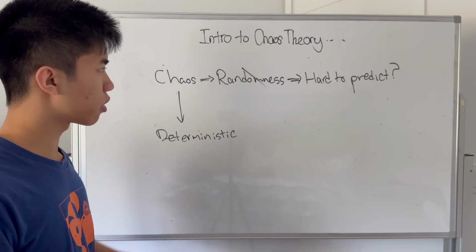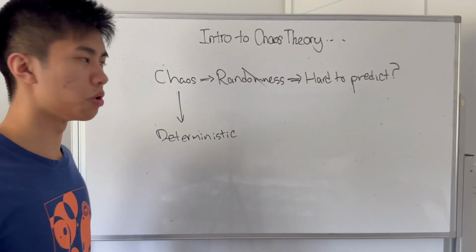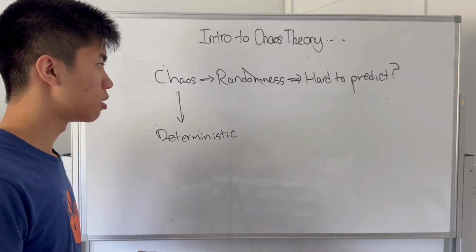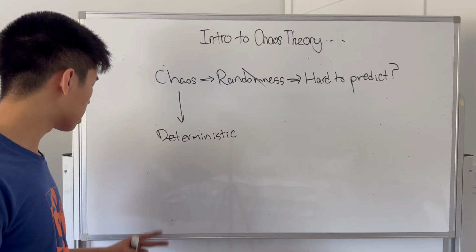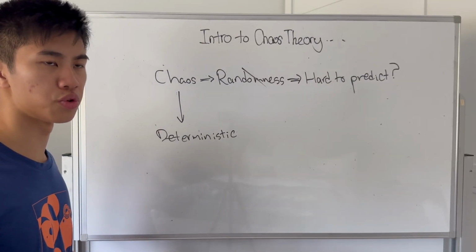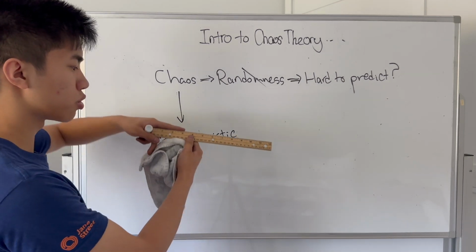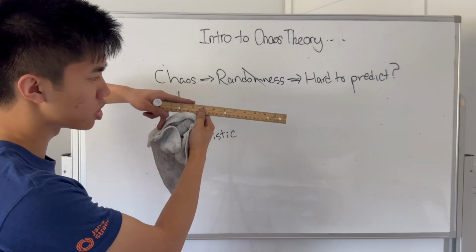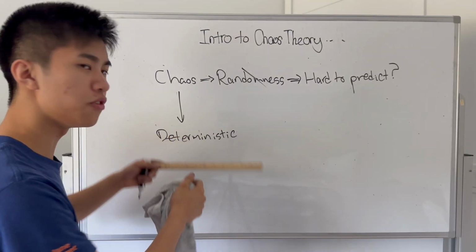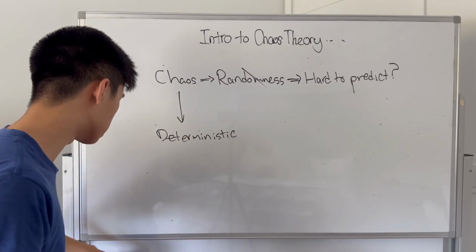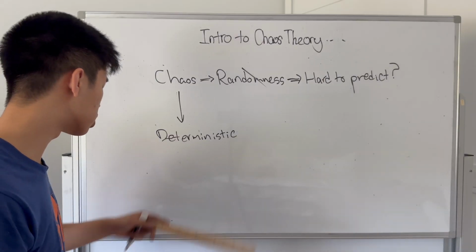So why are things still hard to predict in the world? Well, for one, we don't have all the equations, but two, it's because things are really hard to measure in the real world. Take this ruler, for example. I could try to measure the length of my finger. It looks like it's 3 inches, but you can never be infinitely precise about measuring things. And because things are hard to measure in the real world,